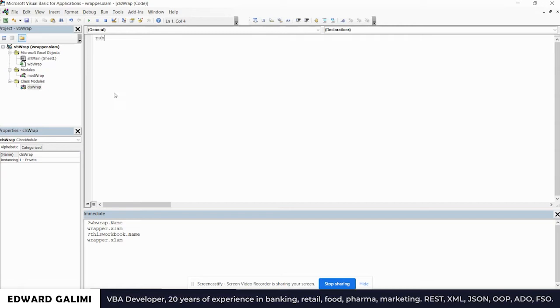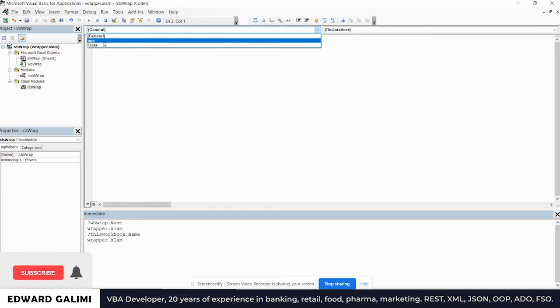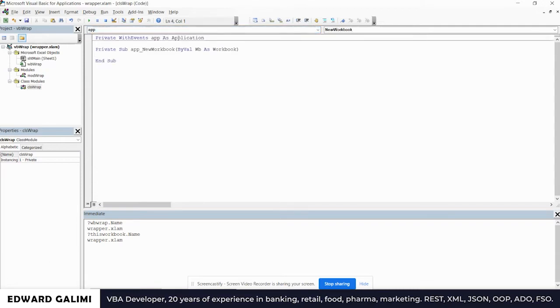And we're going to create a private WithEvents. So we're creating a wrapper into an object, in this case not a custom object, it's a native object, so it would be related to the Excel object model. Private WithEvents, and we have to give it a name, so we'll say app As Application. And now you can see we have a hook into this variable, this property, which exposes the events of